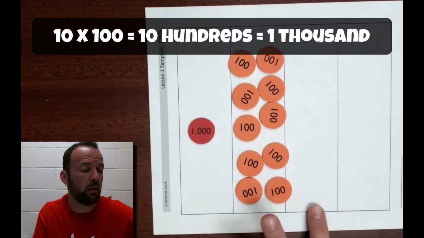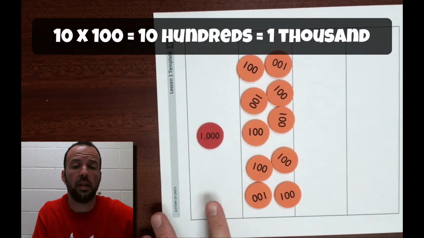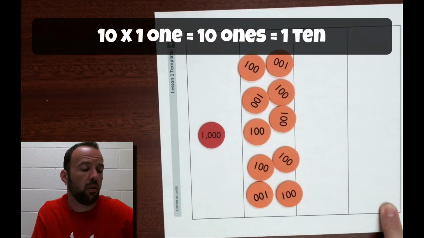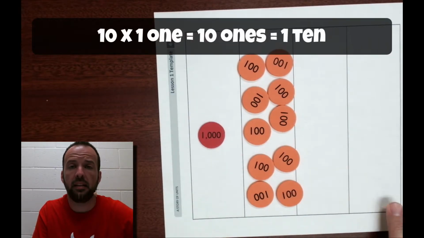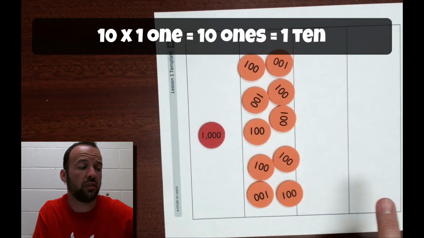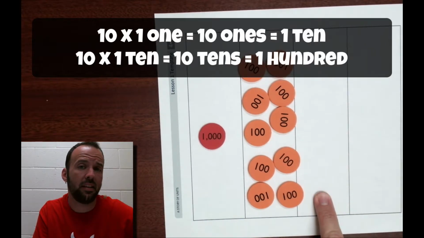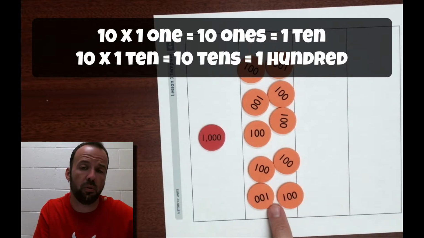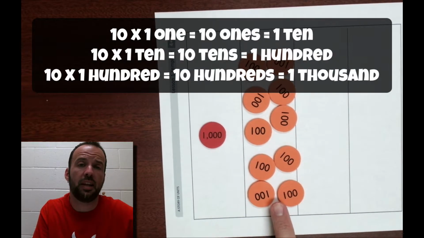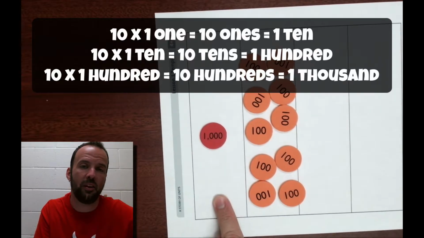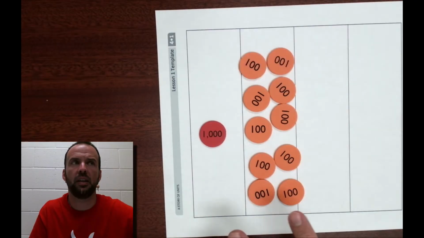So each time we went up in our place value, we multiplied by 10 to get our next value. 1 times 10 gives me 10 ones, which is the same as 1 ten. 10 times 10 gave me 10 tens, which is the same as 100. 100 times 10 gave me 10 hundreds, which is the same as 1,000. So you can see how these place values relate and how we can get from one place value to another